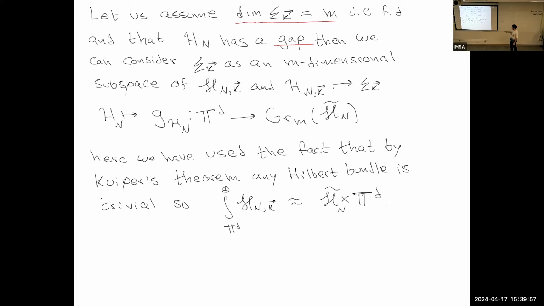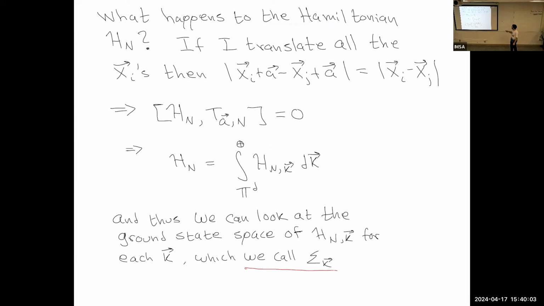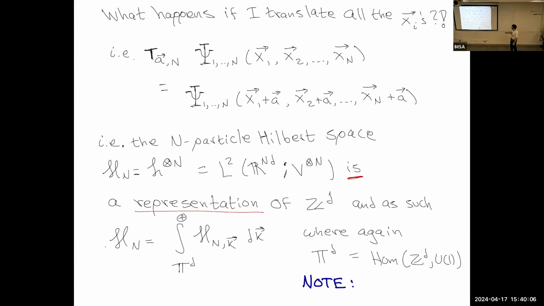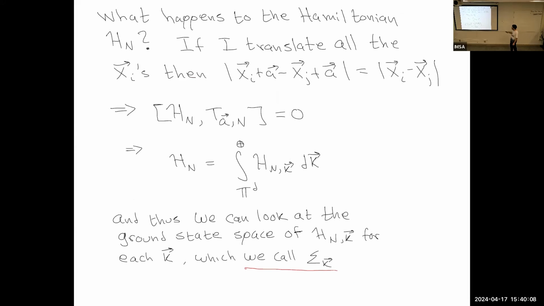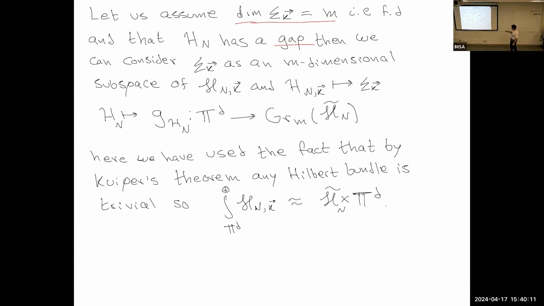And here I've used the, so you could ask, well, didn't the H depend on K before, right? What was it? Over here? Yes, okay. So why is it not depending here on K? Well, it turns out, so modulo things that Bernardo talked about, which is what happens when you have twistings that I will not discuss here, you can use that any Hilbert bundle is actually trivial. So you can rewrite this thing, which looks in principle complicated, as just a product of the same Hilbert space times your Brillouin zone.